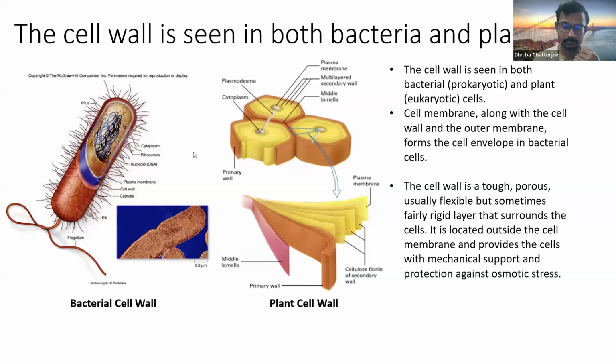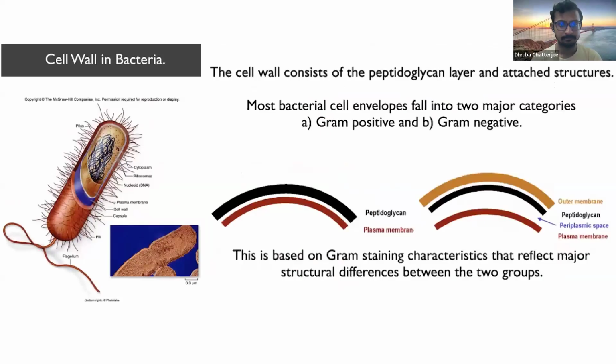Now let's look at the bacterial cell wall and the plant cell wall in a bit more detail, and the molecular composition of the bacterial cell wall and the plant cell wall, right? So the bacterial cell wall can have two different architectures depending on the type of the bacteria, right? So actually, depending on the type of the cell envelope of the bacterial cells,